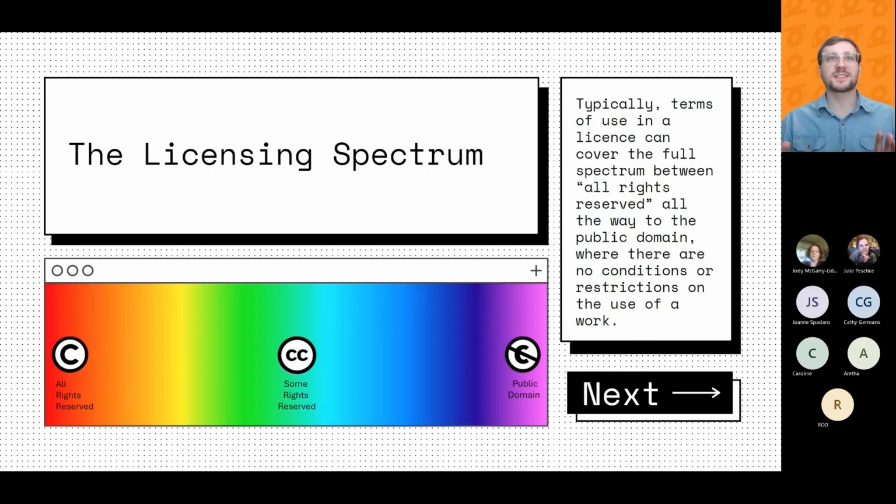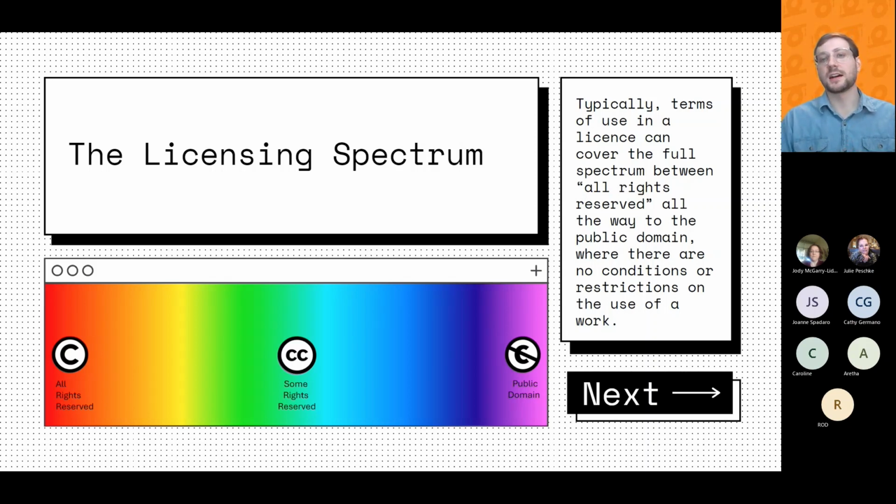So in the middle of this licensing spectrum, I've written there some rights reserved. There's also the CC logo there, which stands for Creative Commons. So another way to think of some rights reserved is open licensing. So it's a plural permission.